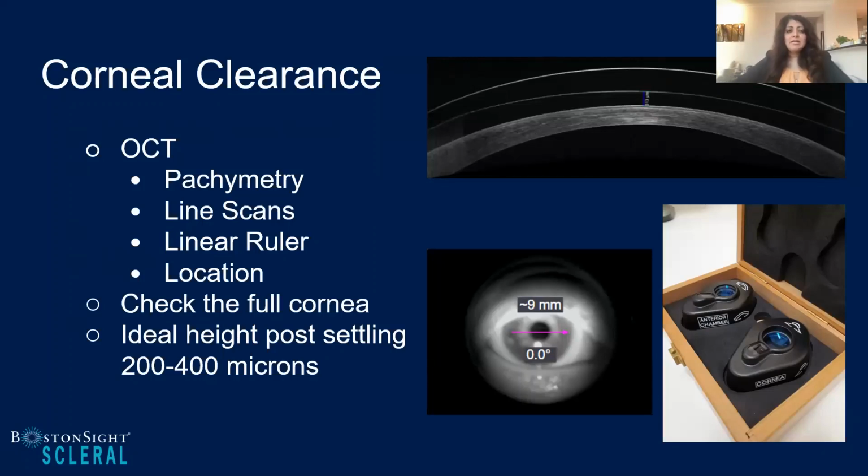I think the key thing when you're looking at corneal clearance is to make sure that you don't just look at the center. I have this diagram right here where we have a scan right across the center. You want to make sure you look at all areas of the cornea. I have it set that we do 5 measurements throughout the length of the cornea, because when you're dealing with irregular corneas, you're not dealing with an even cornea where you're going to get the same amount of coverage from top to bottom. So just make sure you look at all areas of the cornea.